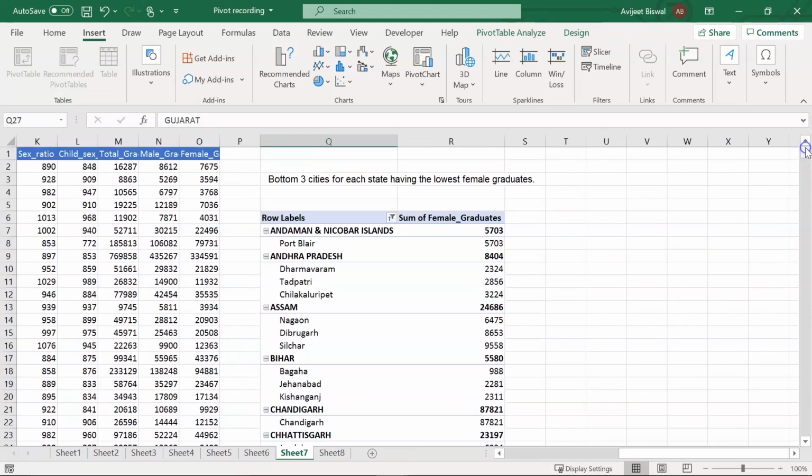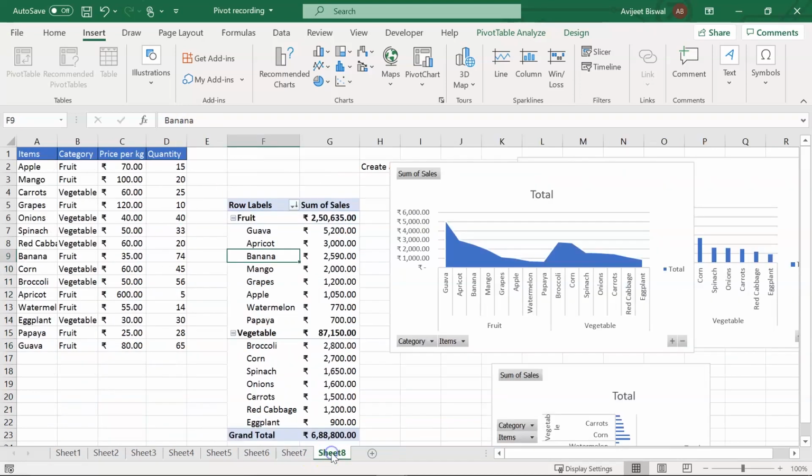Then here we saw how to find out the bottom 3 cities for each state having the lowest female graduates. Now one thing we noticed was that some of the states did not have 3 cities. For example, Andaman had only 1 city, that was Port Blair, but for the others we found out the bottom 3 cities that had the lowest female graduates.